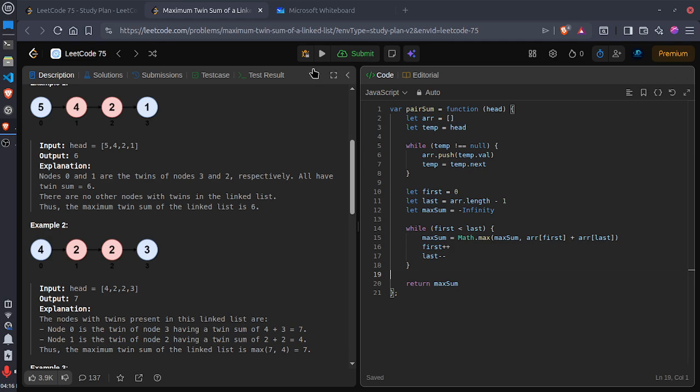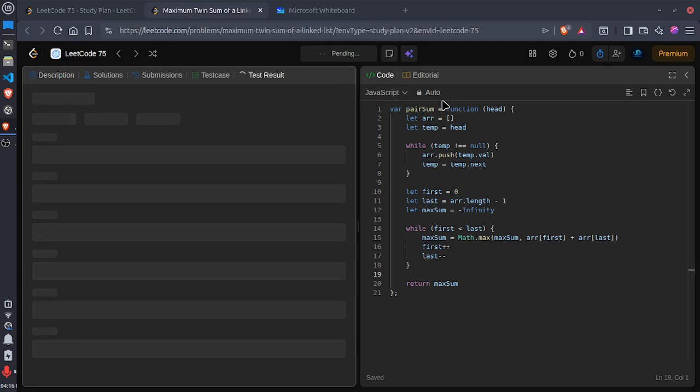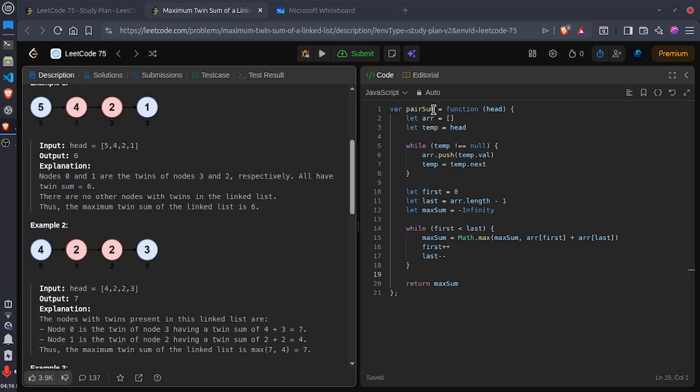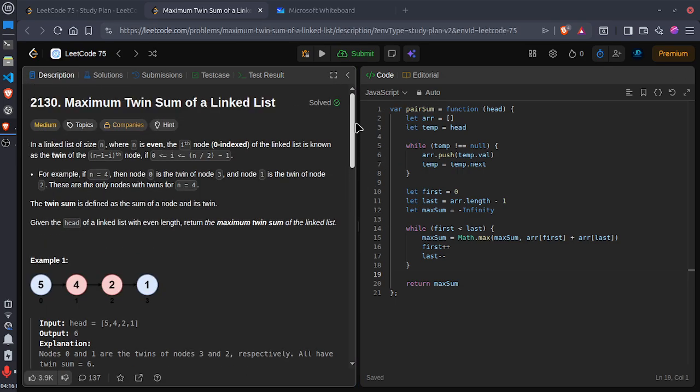So by this I get the answer. Let me run this solution. Yes, it is accepted. There is no issue with this, and this solution is working perfectly fine, but there is an